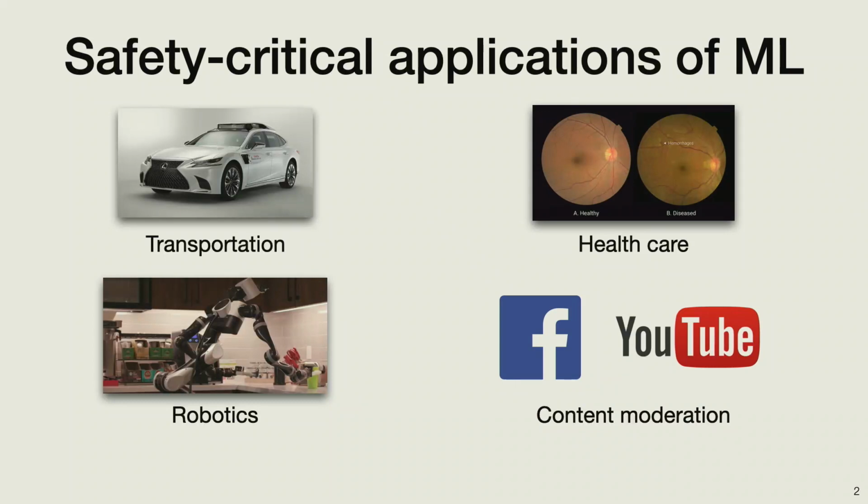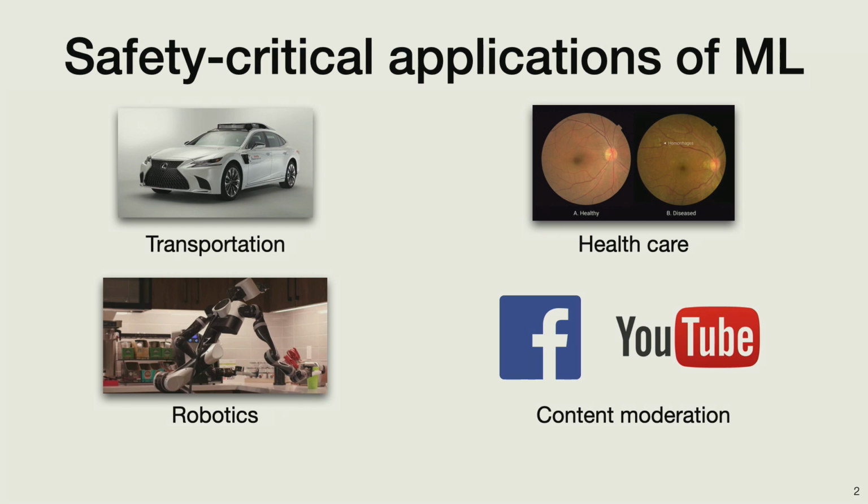The topic of this talk is going to be robustness in machine learning. I don't need to motivate this for this audience. I think we have made tons of progress in machine learning over the past 10 years, especially in these areas that try to imitate human cognition, like computer vision, NLP, speech processing, and so on. And the goal is now to deploy these new tools, neural networks, in a wide variety of applications, right? Self-driving cars, healthcare, robotics, online content moderation, and so on.